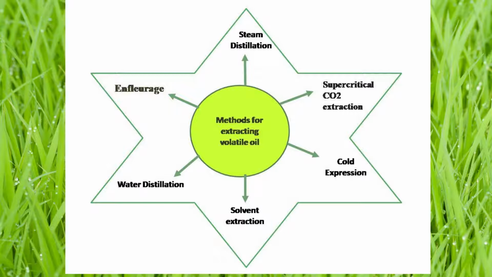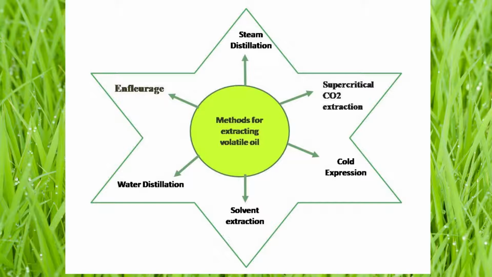The advantage of this supercritical fluid extraction method over steam distillation: in steam distillation, because of the higher temperature of 140 to 212 degrees Fahrenheit, there are chances for decomposition of the volatile components. Whereas in supercritical fluid extraction, which works between the temperature of 95 to 100 degrees Fahrenheit, it is prevented from decomposition of the components of the volatile oil.